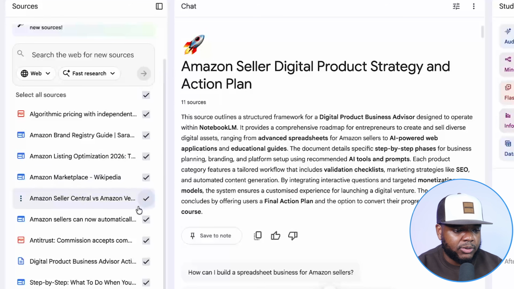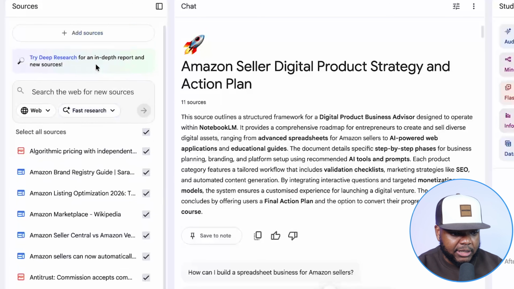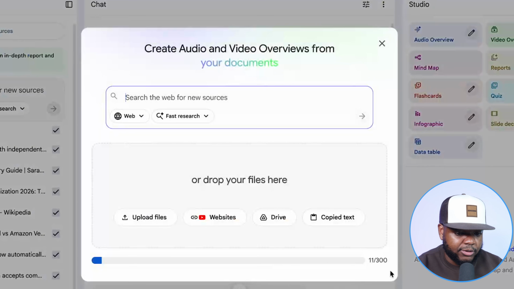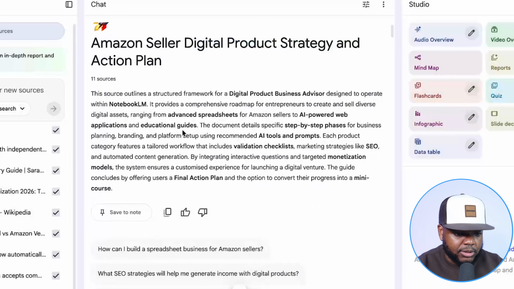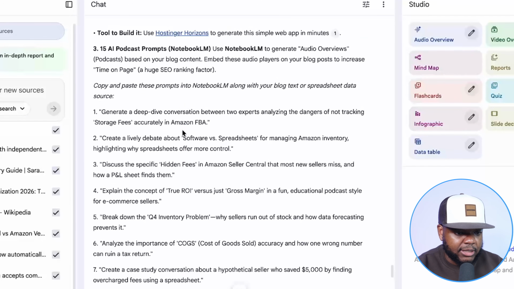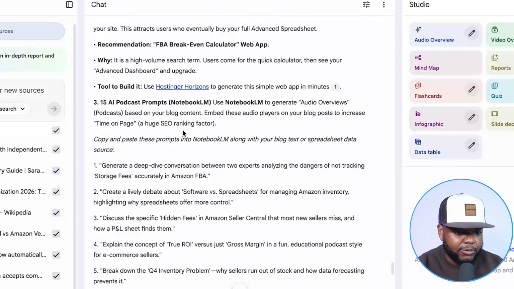And once you've added all of your sources and you're happy with them, you can always remove any if you don't want, or you can add as many as you want as well. You can add up to 300 unique sources. What I'm going to do is just scroll down over here, because in the step-by-step NotebookLM blueprint, it's also going